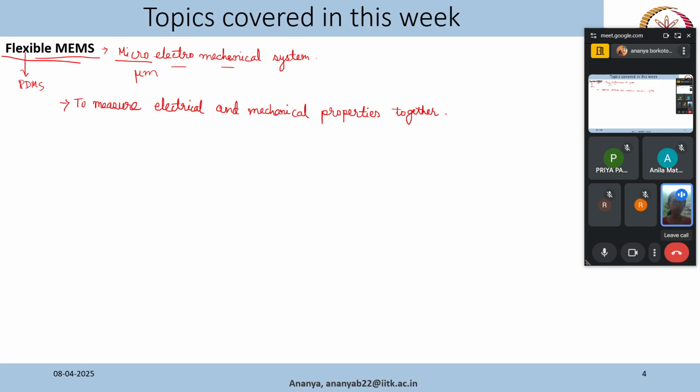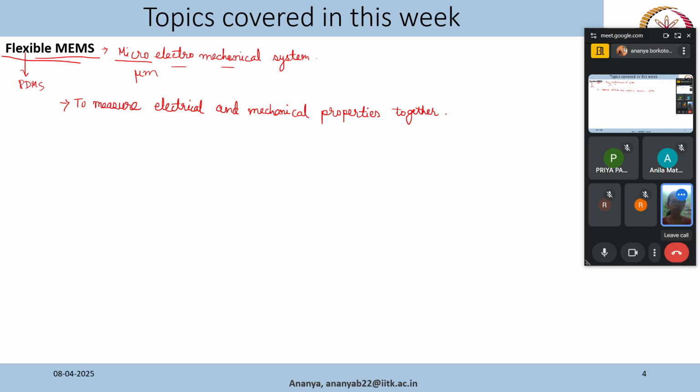In the sensor, the flexible substrate that was used was PDMS. So initially everything was done on the surface of a silicon wafer for structural support, and after the whole fabrication process was done, the substrate was removed. So the silicon wafer was removed. So the substrate was mainly PDMS, that is the flexible substrate, and on top of that we have